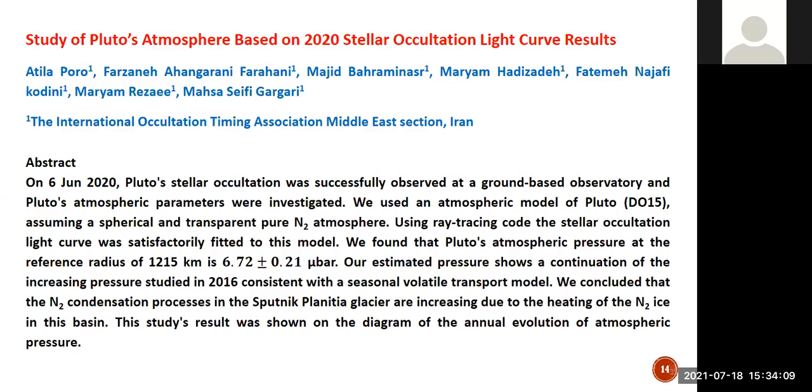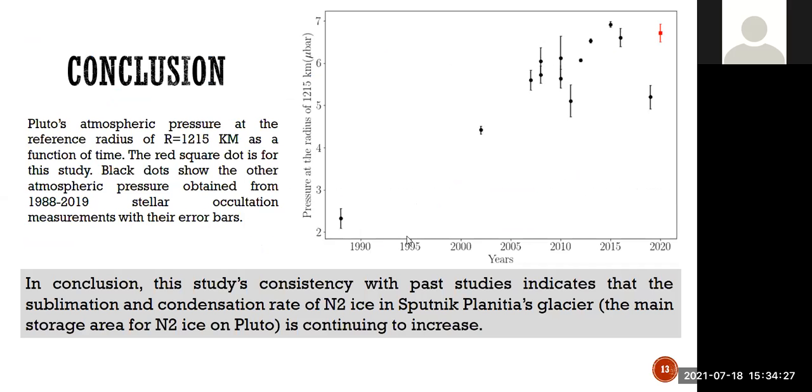An explanation for that, in spite of the decrease in insolation, that is solar radiation, is that it's a seasonal effect. Pluto's axis is tipped very highly to its orbit, and it could be having a seasonal effect on Sputnik Planitia, so that a greater amount of sublimation occurs from that particular area of the planet, and paradoxically then increases Pluto's atmospheric pressure.